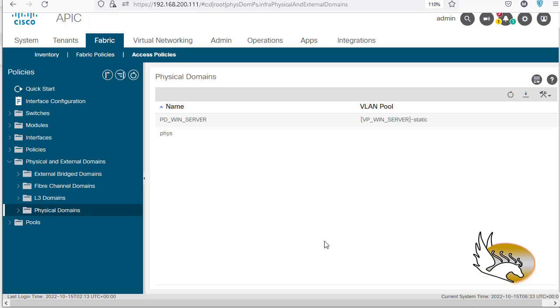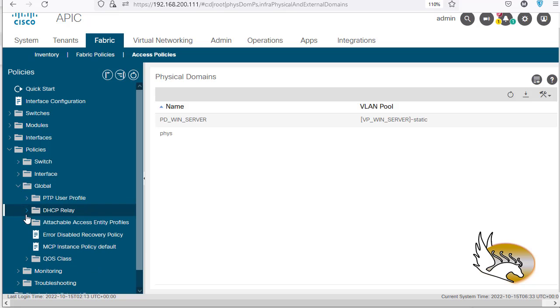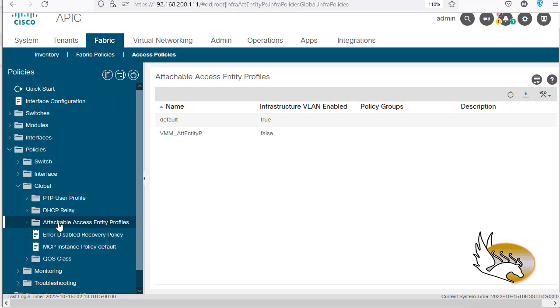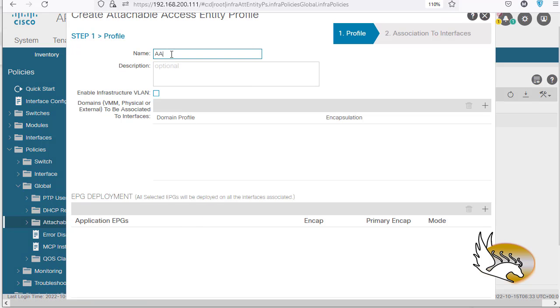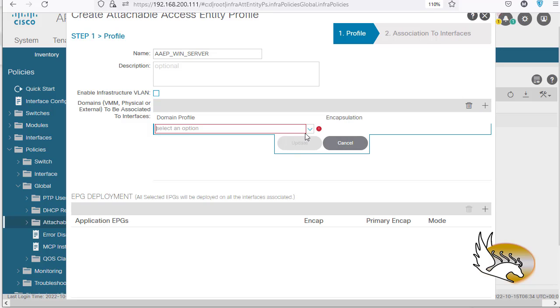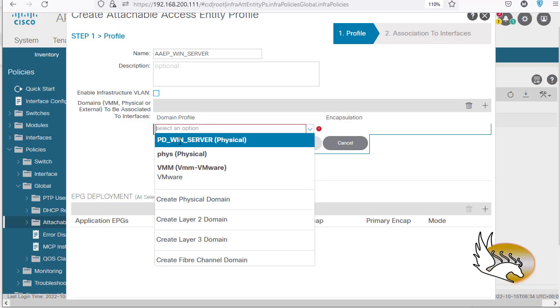And the last step is going to be creating the attachable access entity profile. So for that, I need to go to policies. From policies, you can have, let's say, global policies. I open this, and from here you can see attachable access entity profiles. So what I need to do is to right click on that and say create attachable access entity profile. I create something like AAEP Win server, and then I'm going to assign the domain to that. So the domain is going to be, by clicking on this plus sign, I can select the domain. The domain is this,